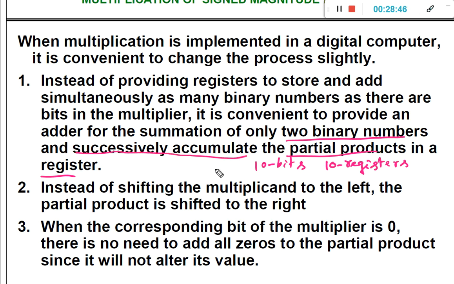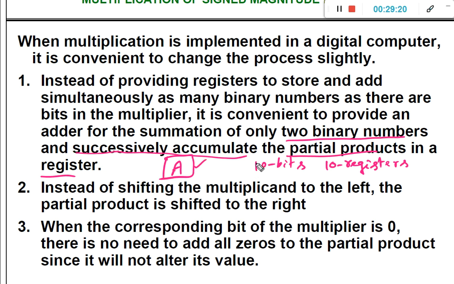Successively accumulate, that is, we are not going to provide one register for each partial product, but we are going to accumulate, that is, change the values in the same register, and we are going to use only one intermediate register. What is that intermediate register? Register A. In this register we store the partial product and update it whenever necessary.